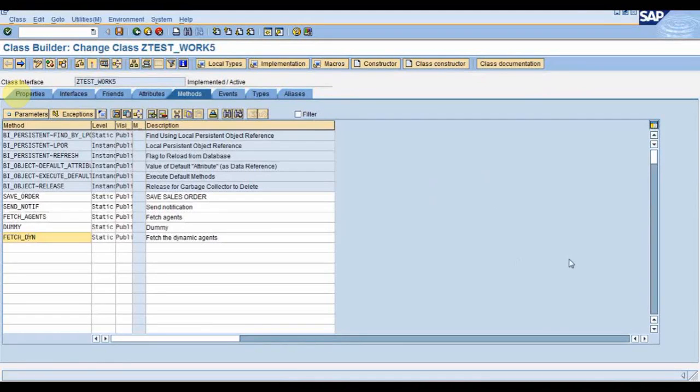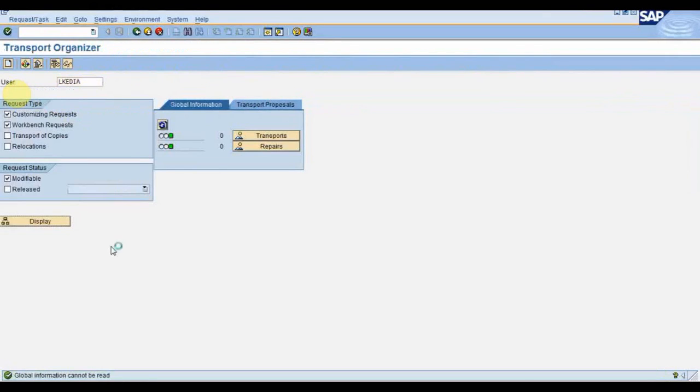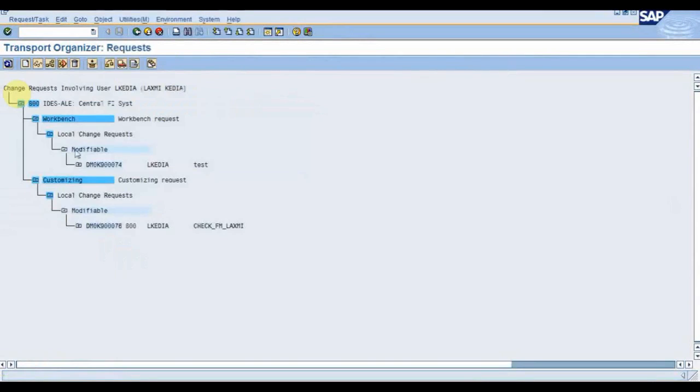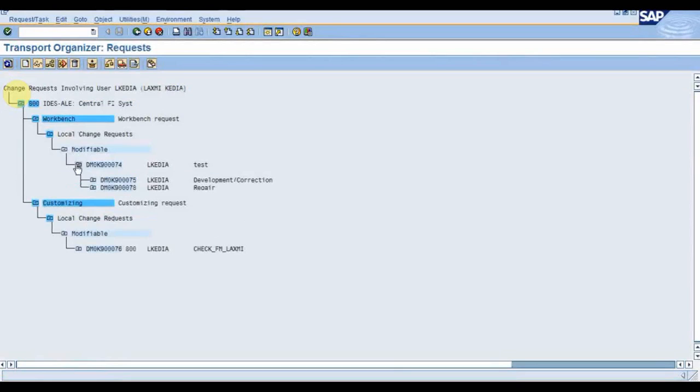Okay. And the second thing is how we can transport this workflow. Suppose I transported something for the first time, and later I did some changes in a particular task or particular template. Again, I need to do it individually only with respect to that task? Go to SE09, you can see here in the workbench.